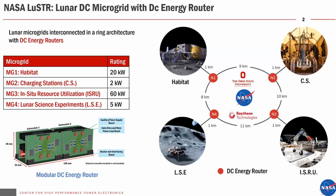So the Lustre project is a collaboration between Raytheon Technology and us. The purpose is to study the power regulation, reliability, and sustainability of interconnected lunar microgrids. The purpose is saying, okay, we need to make sure that each small microgrid, for example, the habitat, would be